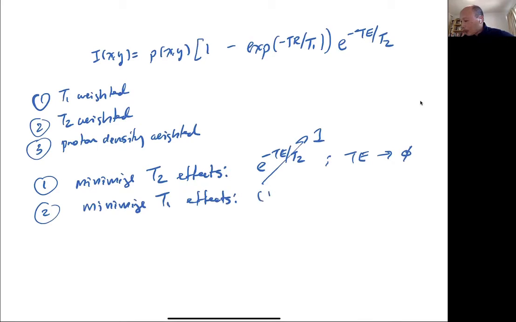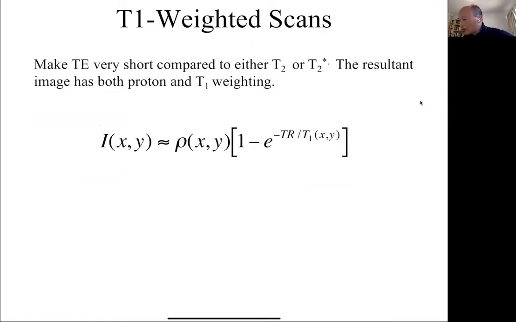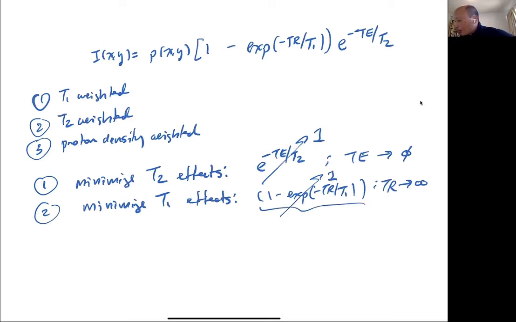So we'd like to make this term go to 1. And the way we do that is by making TR go to infinity, or making TR as large as possible. In general, we don't want to make it go to infinity, but we want to make it long enough such that that term disappears or becomes 1. So this whole term goes to 1, and then this exponential term goes to 0,